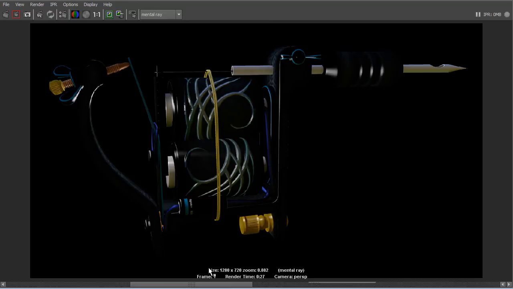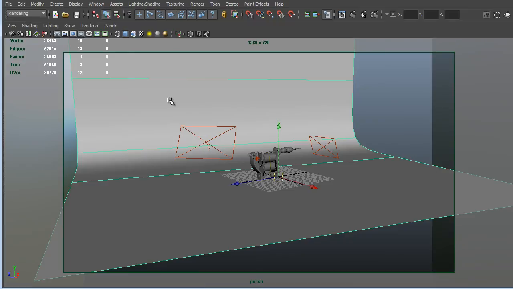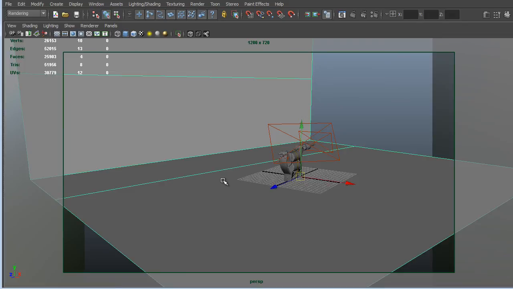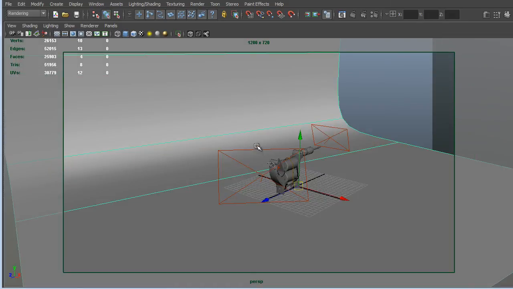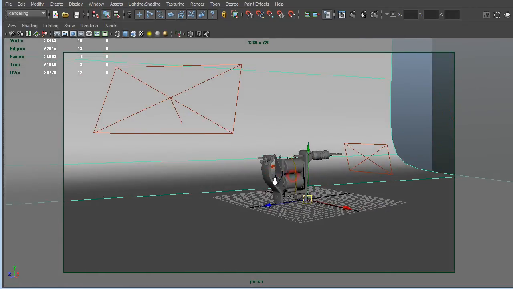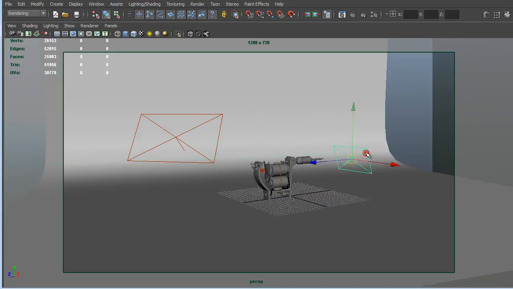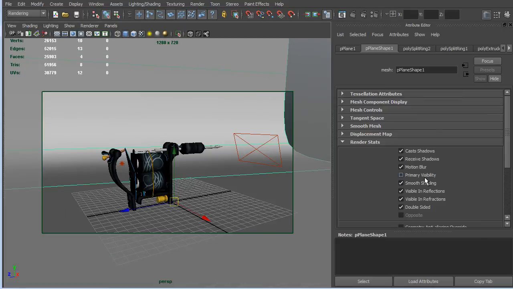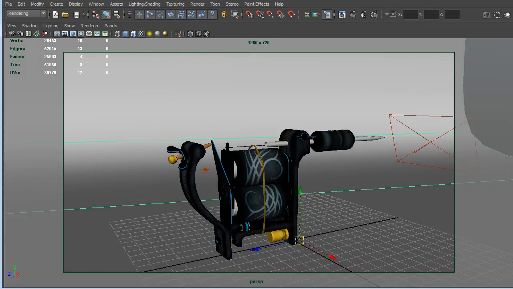But still, this isn't the render I'm after. So I went ahead and created a backdrop, which is basically a plane extruded on one side, 2 more divisions added here, and then I just hit 3 on the keyboard to switch it to the smooth view. And I've added 2 lights into the scene, just basic area lights which I scaled up. Their parameters are at the original state, I haven't changed anything about them. I've also made sure that the primary visibility for the backdrop is disabled, and then I went ahead and rendered